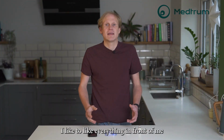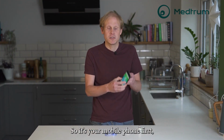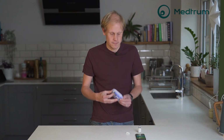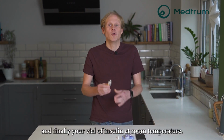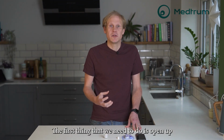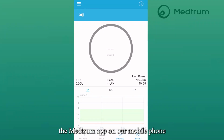I like to lay everything out in front of me the way I'm going to need it. So it's your mobile phone first, then your packaged reservoir, then your pump base, and finally your vial of insulin at room temperature. First thing that we need to do is open up the Medtrum app on our mobile phone,